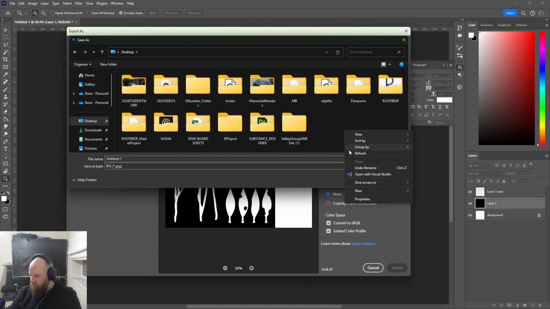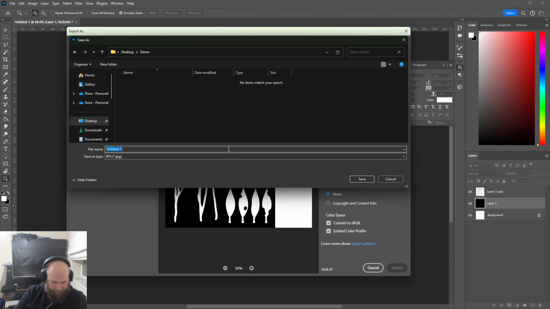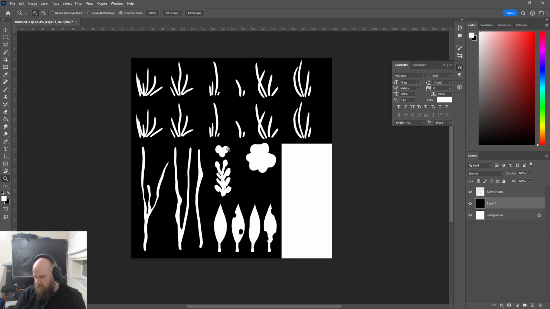So I might as well make a new demo folder on my desktop. Demo. There you go. And this is my texture foliage 1 opacity. There you go. Cool. So yeah, what am I going to do now is make a layer above everything